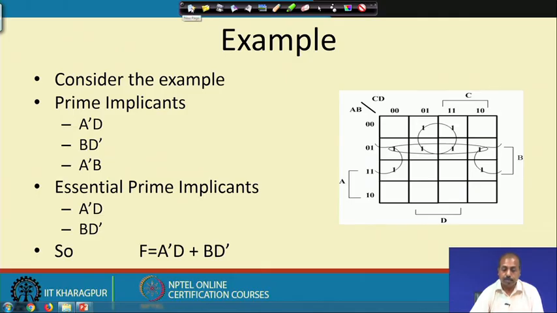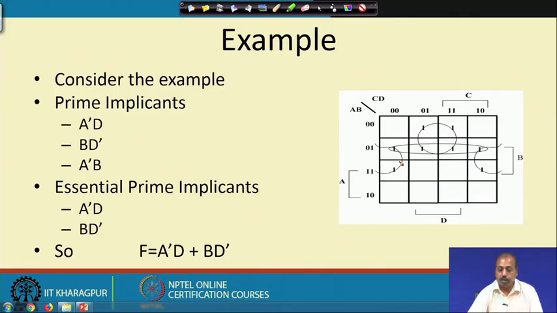Like, if you say this A bar D, so this grouping is A bar D, the first one. If you take this A bar D and this B D bar, so this particular grouping is B D bar. If you take these two, it is only